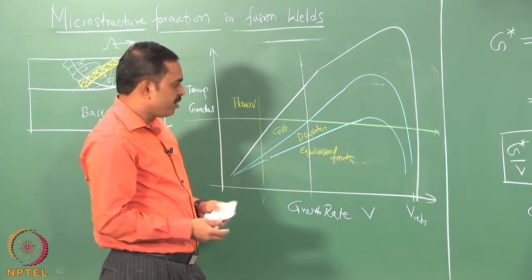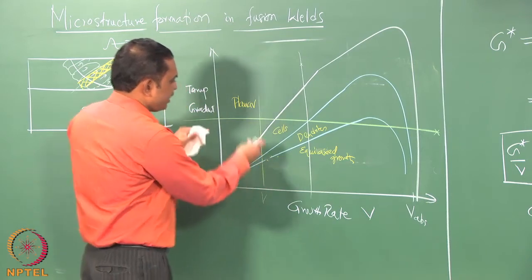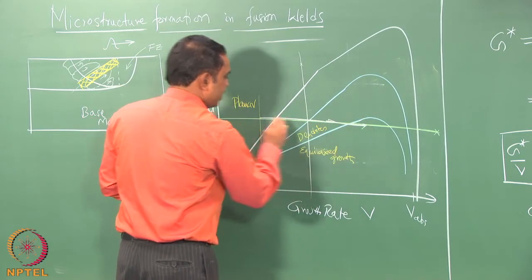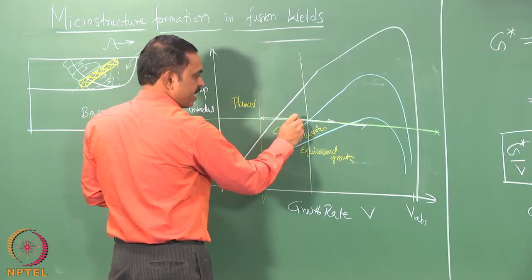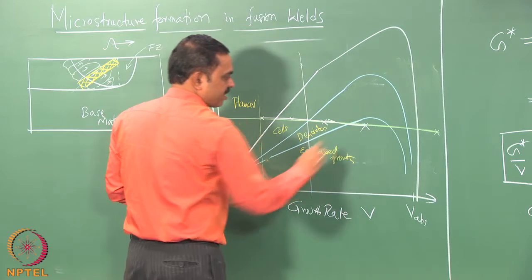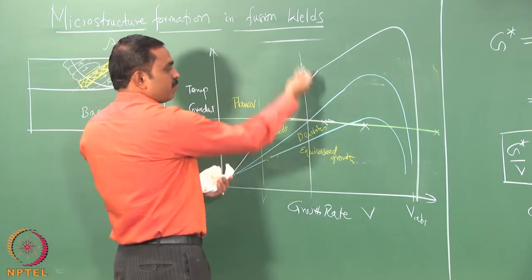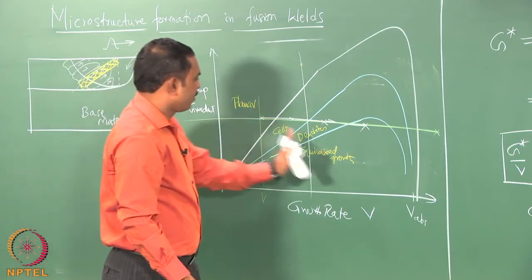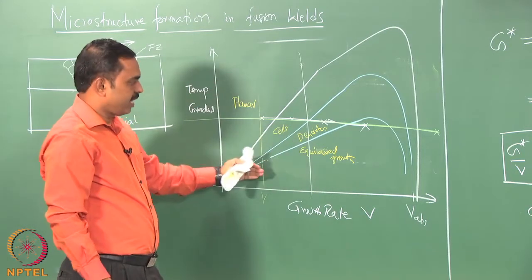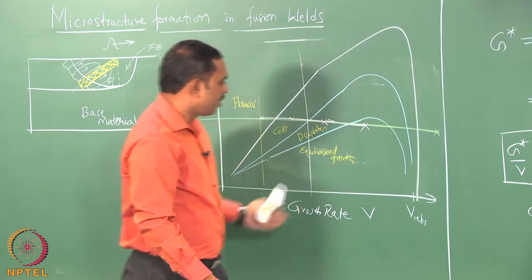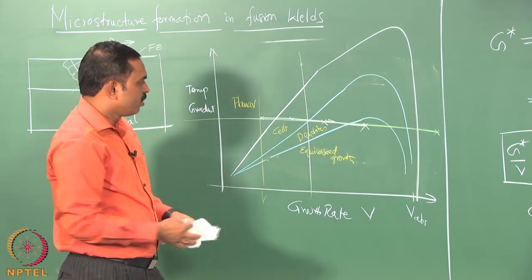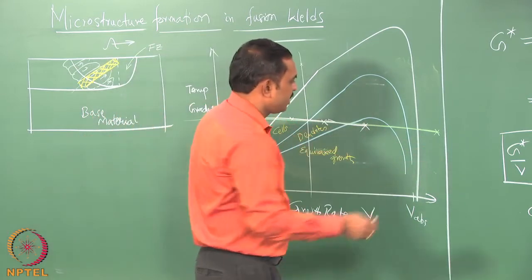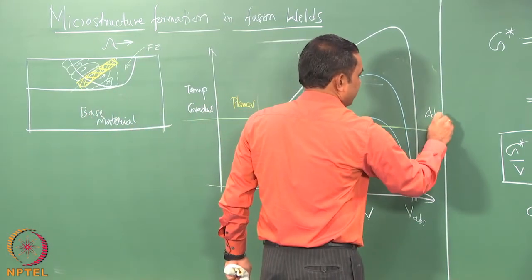Now, what we have seen in the videos is that as we increase the velocity, this is what we have seen. As we increase the velocity, cells have come, dendrites have come, and then equiaxed microstructure has come. The same thing is also possible as we go downwards by keeping the velocity same, but decreasing the temperature gradient. So, this kind of a map is called a solidification microstructure map to show you what is happening to the microstructure. So, this planar can be written on the other side as absolute planar stability,